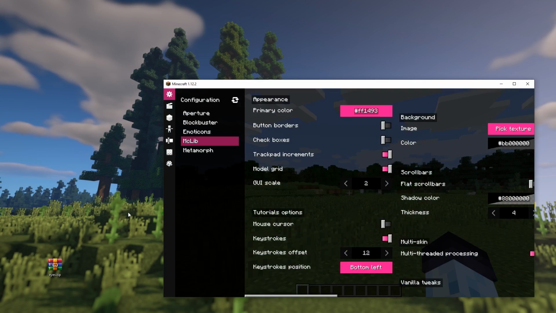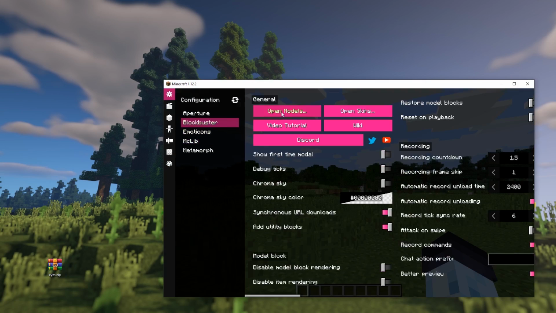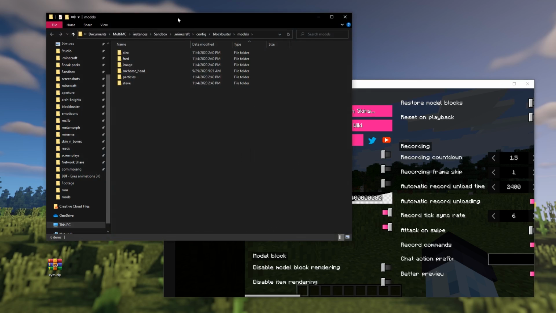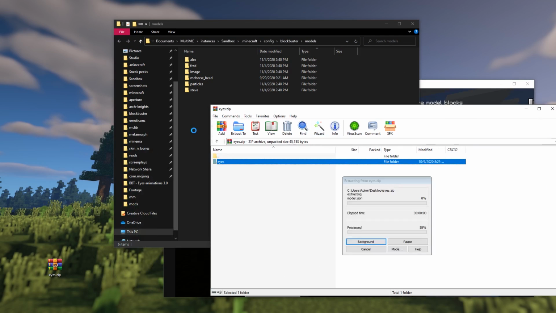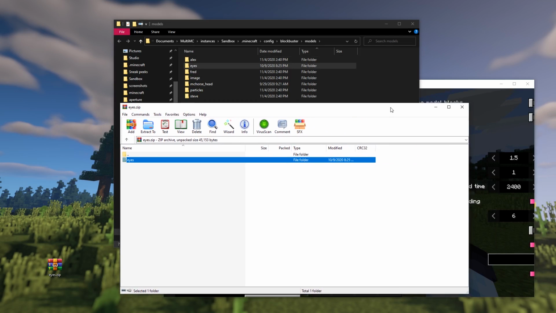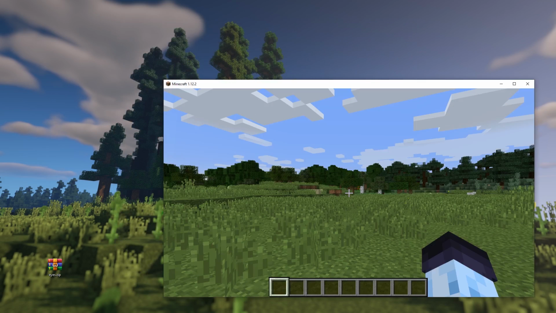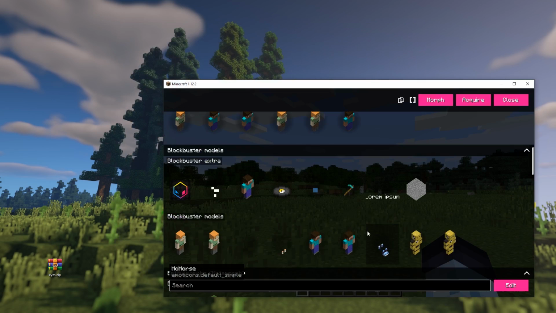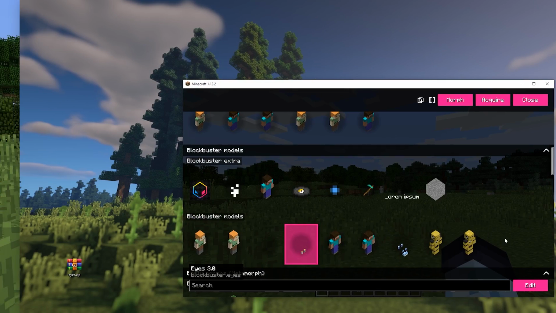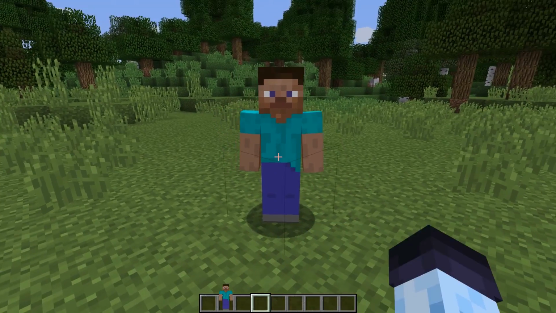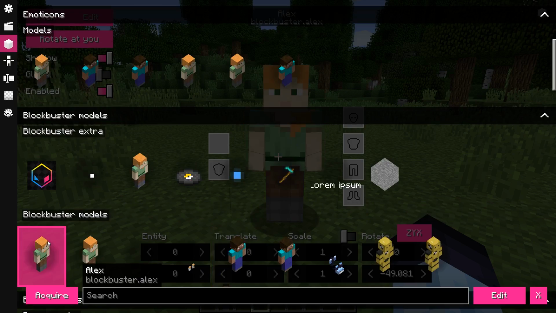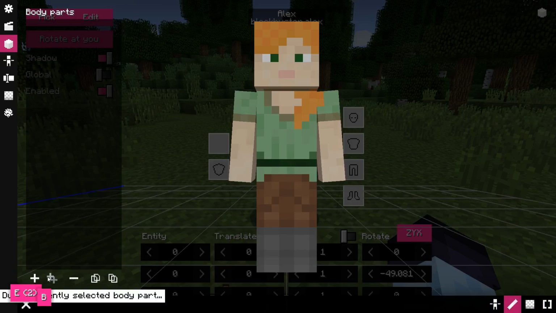First thing you need to do, obviously, is to install the Eyes Rig. Go to the description and download the Eyes Rig 3.0 from there. Unzip it and install the Eyes Rig model by dragging the folder from the zip file to Blockbuster's models folder. Now that the Eyes Rig is installed, we need to place it onto the model. It can be done very easily by placing it onto the model using the body part system.